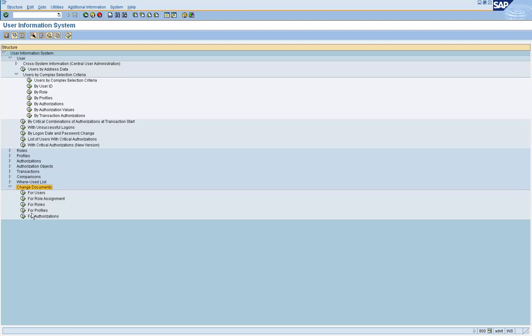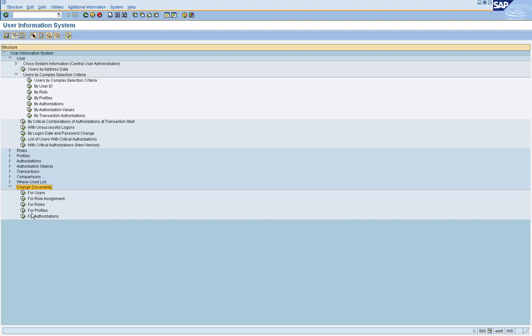See, the system may have been live for, let's say, the last 4 years or 5 years. The user may have been created 4 years back. Now, if you want to find out what has happened to that user ID during the last 2 years, you can find that out. Within the 2 years, the user may have logged on so many times.